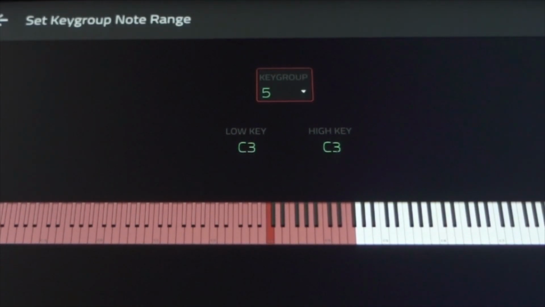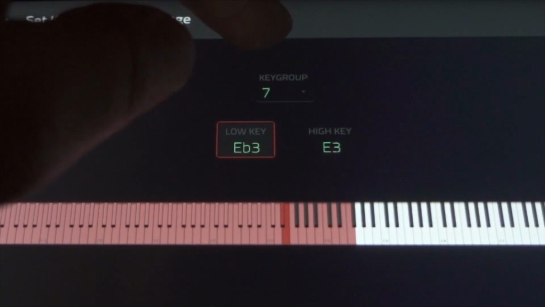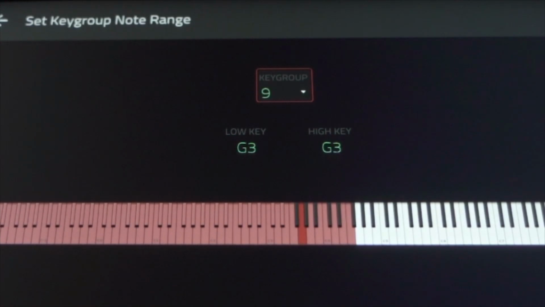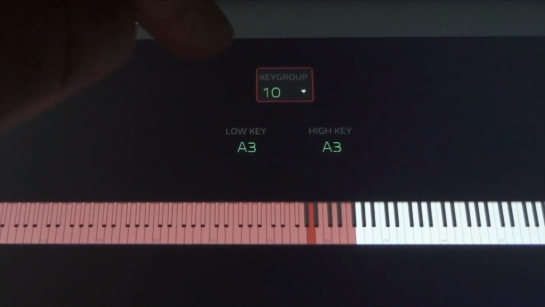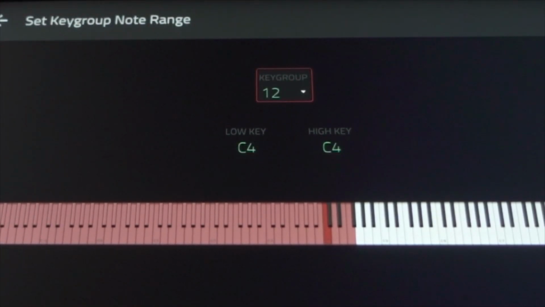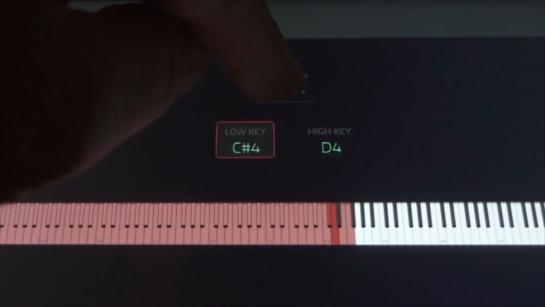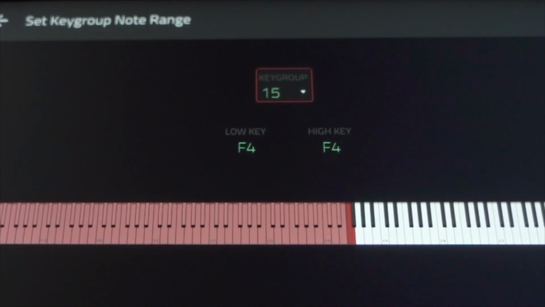So C3, we go further, D3, and one key down, going to key group 7, one key down, key group 8, 9, one key down, and the number 10, one key down, number 11, one key down, 12 is there, we don't put that one up, we go to key group 13 instead, put that key down, going to key group 14, putting that key down, and now we go to key group 15, which is the last key group,